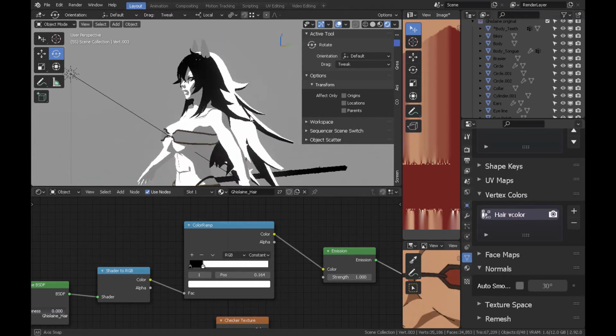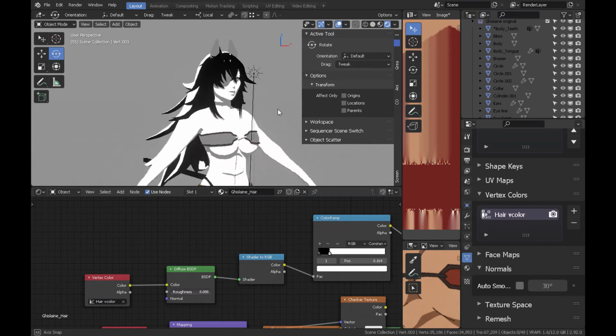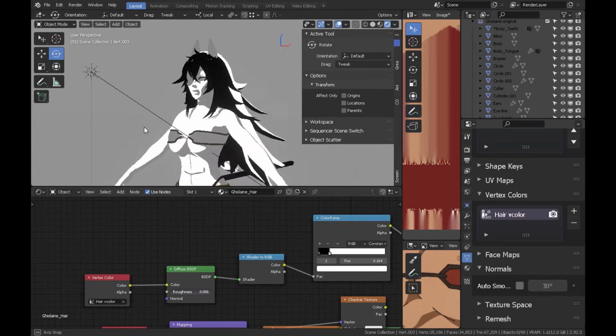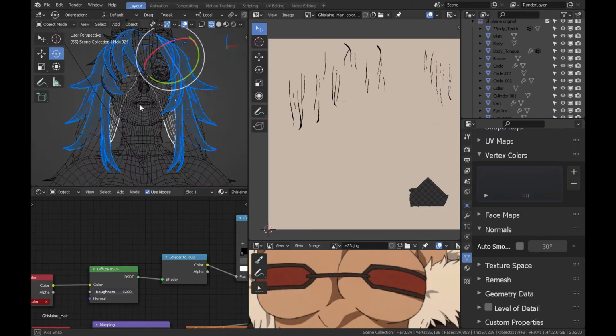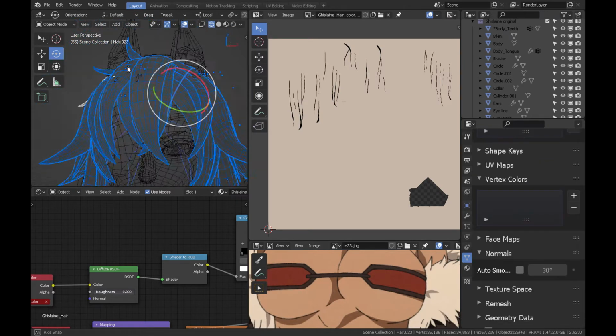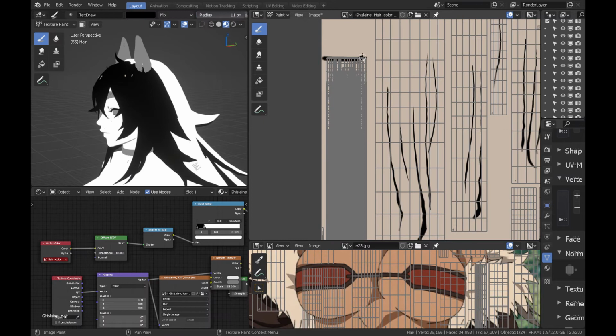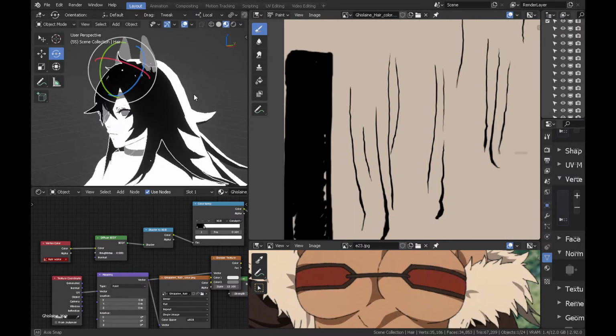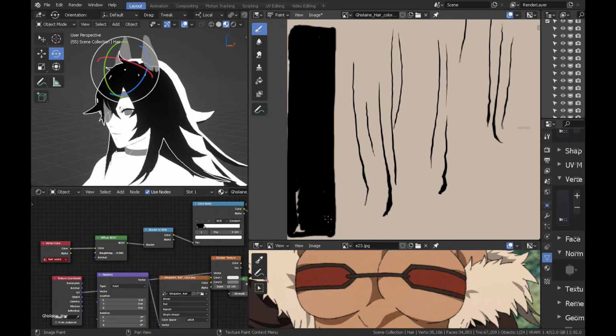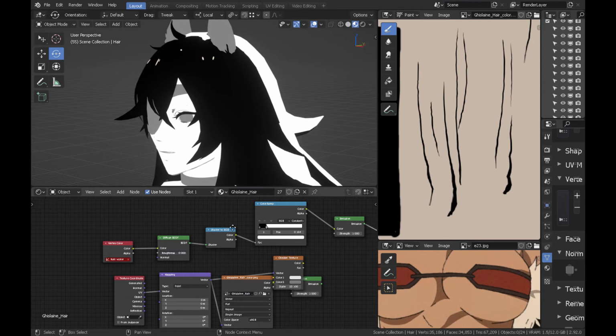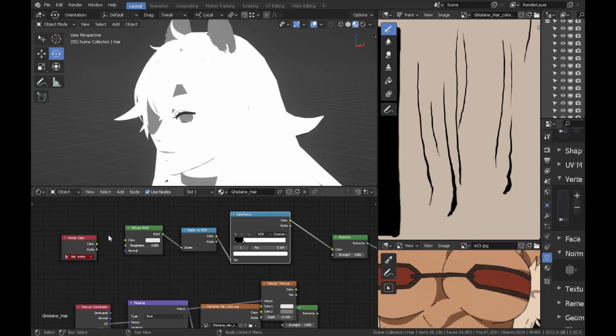So let's go back into our texture paint for the rest of the hair, for the front part of the hair. Remember that we made a separation between the top part of any strand of hair and the lower part. And the lower part was sent to be overlapped with the other darker part, like you see right here. And that was painted black. Now we're going to use that texture, and as you can see, it gives the desired result, which is that